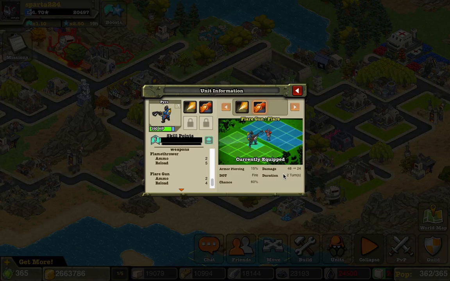Come on, that should be 100. I've used flare guns in Team Fortress. They always light things on fire. And are just really awesome to spam. Well, anyway,